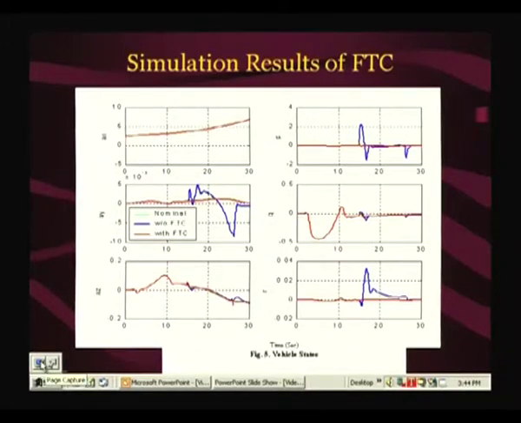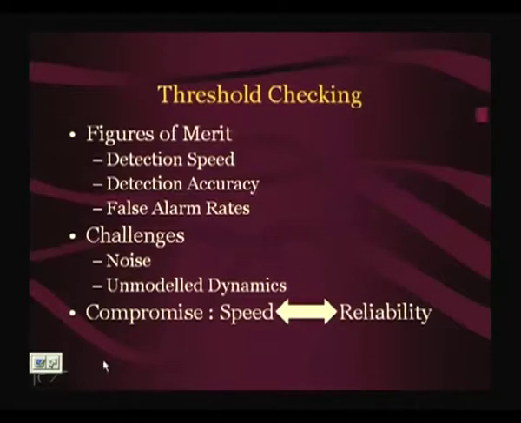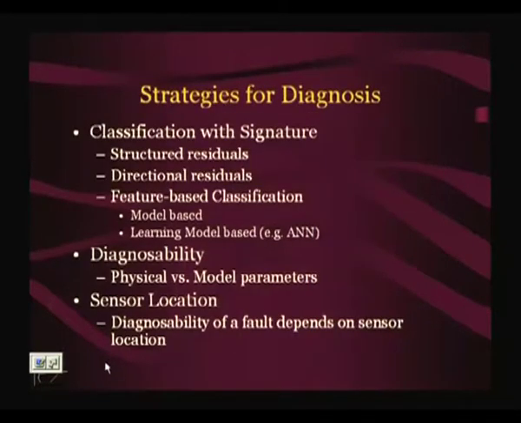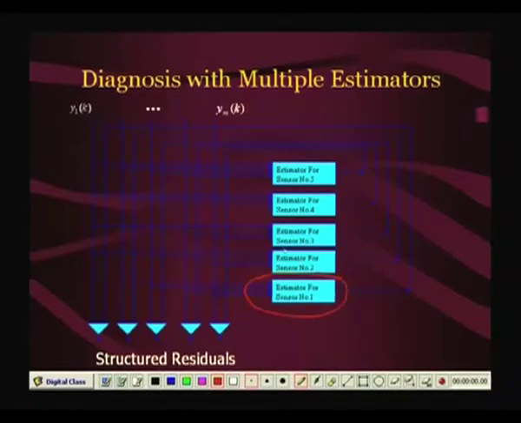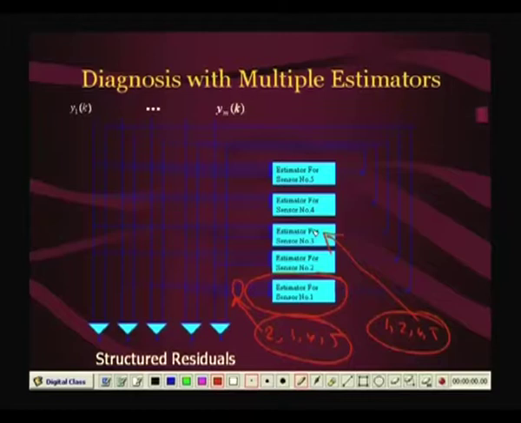We will skip these, and so you see that if we have many such estimators, then we need to create multiple such estimators. Note that, for example, estimator number 1 uses measurements 2, 3, 4 and 5. Estimator number 3 uses 1, 2, 4 and 5. So, it uses all the others other than that particular sensor, and then